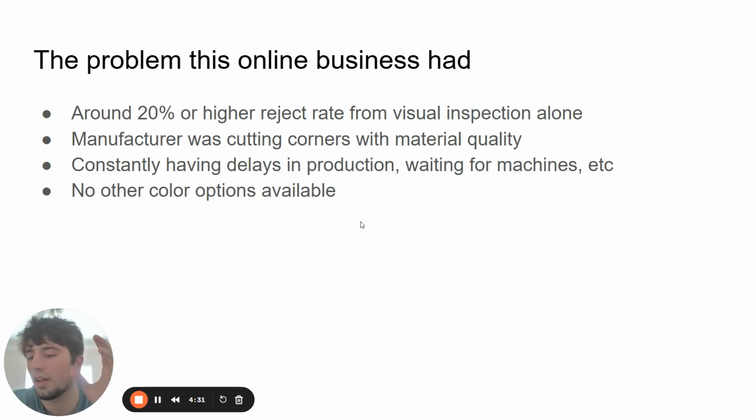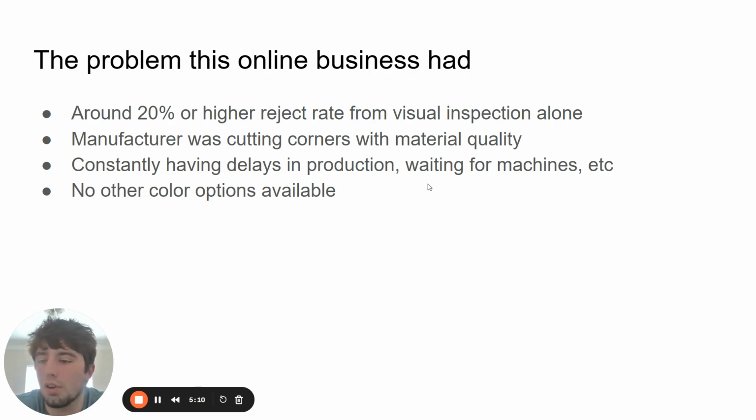And if you were to take that same tooling and bring it into the United States, sometimes it may work fine, but a lot of times you can run into a whole host of new quality issues. And that's what happened in this case. So he was seeing a defect rate, or a reject rate, of around 20% from the company that we work with that was doing a visual inspection essentially. Around a 20% reject rate just from the visual inspection of his cup parts for this specific cup alone. And that is not very good, if you ask me.